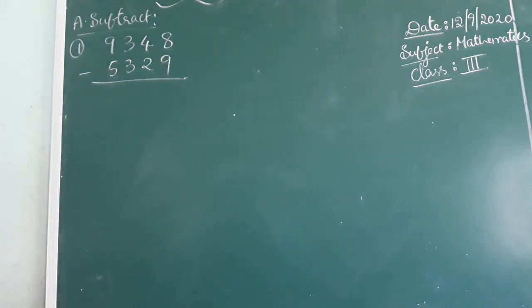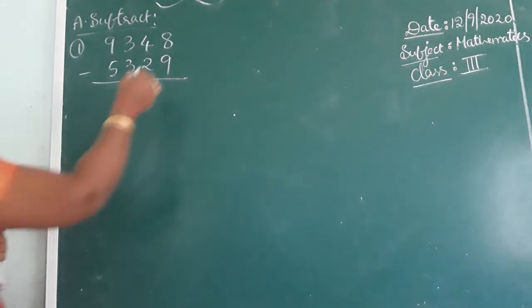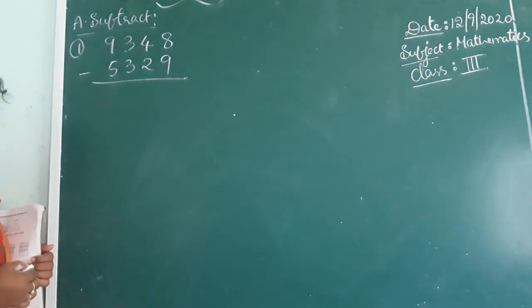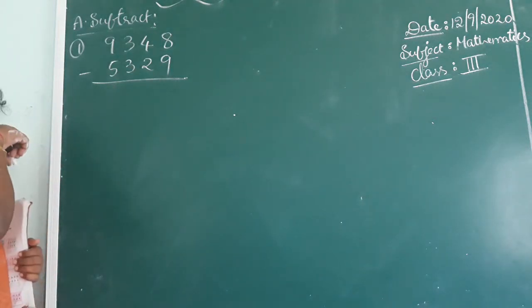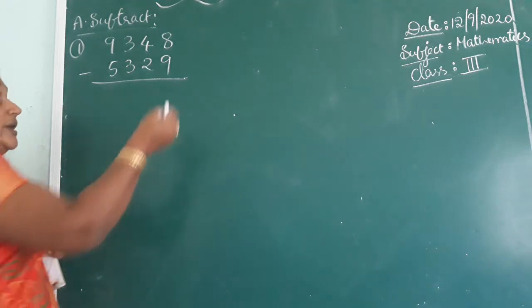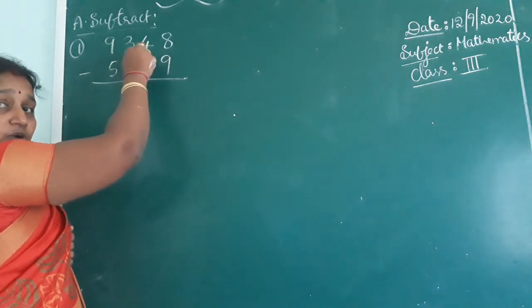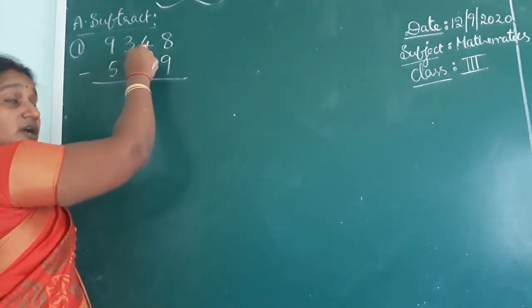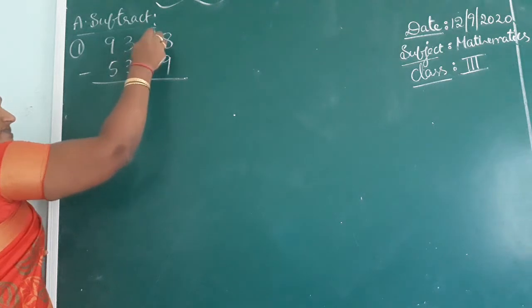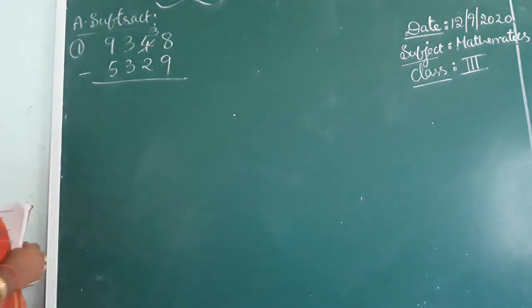Listen children, this exercise is about borrowing subtractions, how you will borrow, how the numbers you can borrow. You can discuss here. Okay, first one, 8 minus 9. Is it possible to subtract 8 minus 9? No, so you have to borrow from the before number. If you borrow from the before number, what is it, 4? The number becomes 1 less. It has 4 minus 1, so it is nothing but 3.